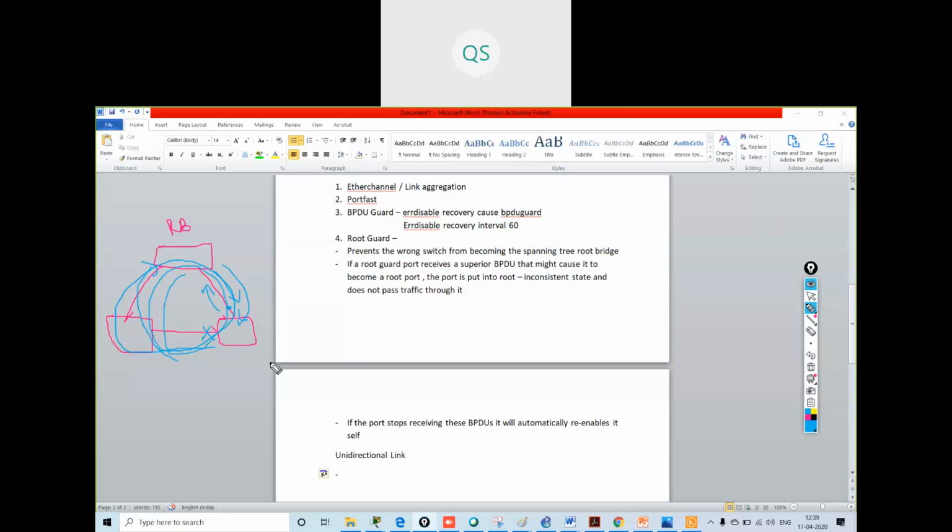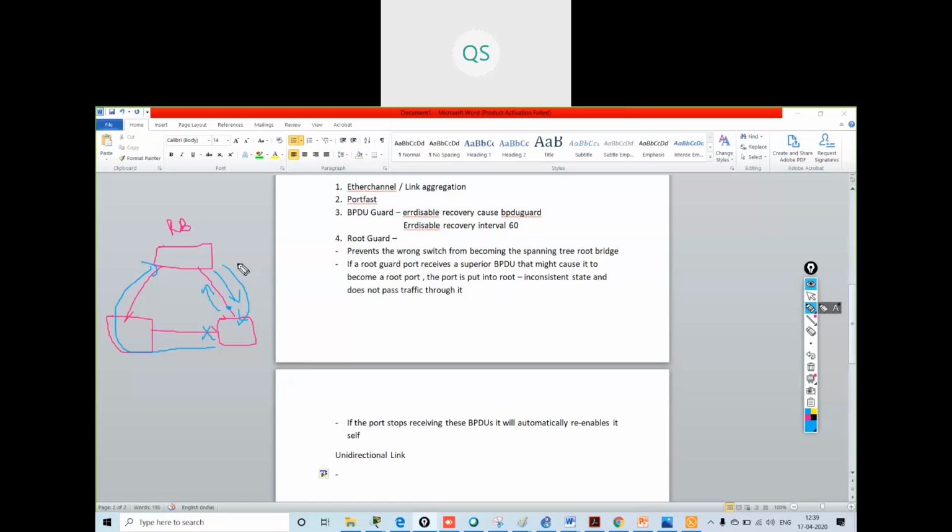The scenario is sometimes you might be able to receive the BPDU messages, but you are not able to send them. This happens if there is any software issue or any spanning tree issue, spanning tree not running properly, or any fiber cable issue.